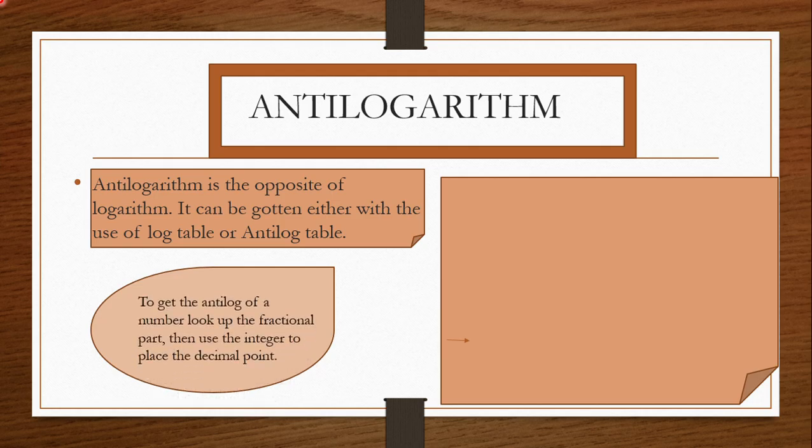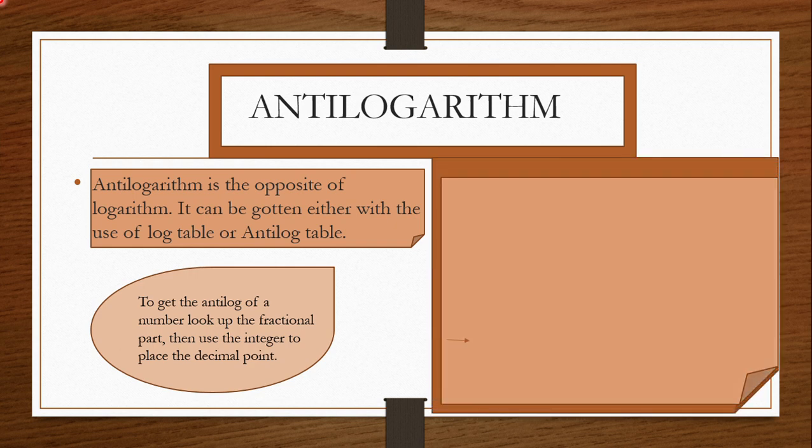To get the antilog of a number, look up the fractional part, then use the integer to place the decimal point. This is very important for you to note. Anytime you want to get the antilog of a number, make sure you look up the fractional part only. Then the integer part is only used to place the decimal point of that number. So for our first example, we find the antilog of